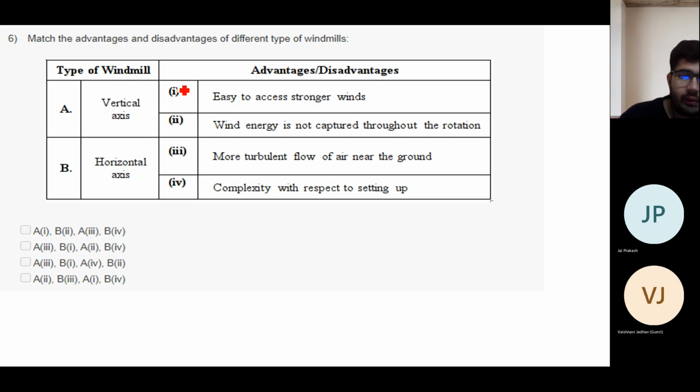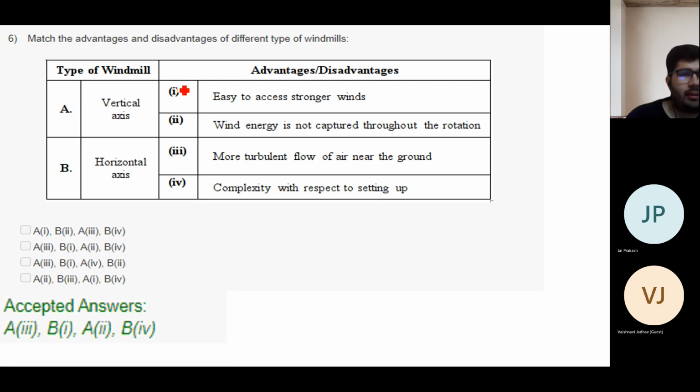Yes, correct. So the correct answer is A3, B1. Vertical axis has more turbulent flow of air near the ground. For horizontal axis, it is easy to access stronger winds. And then A2, wind energy is not captured throughout the rotation in horizontal axis. The complexity with respect to setting up, because for horizontal axis we require stronger